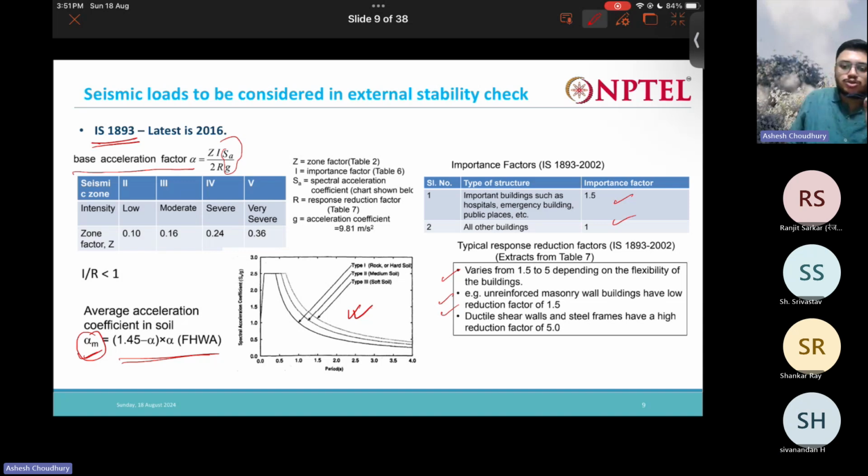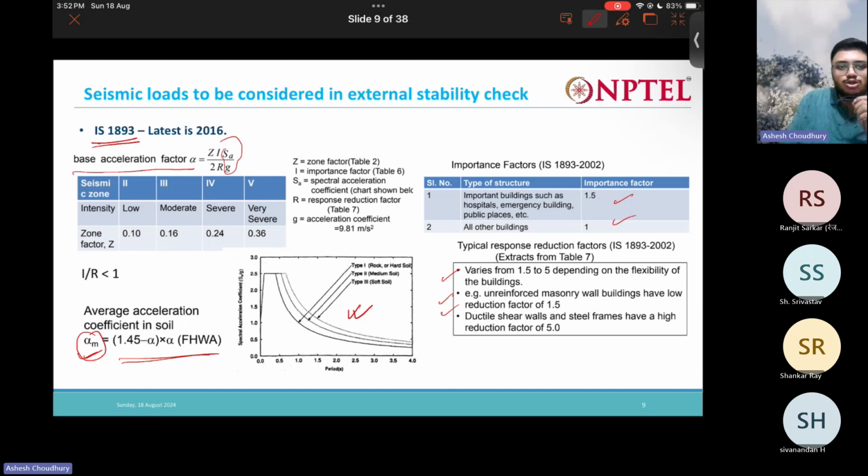In the next class, hopefully we will be solving some problems for design of reinforced earth walls. I'm not sure what is there in the next class. But if we solve, in this interactive session I won't consider these seismic loads. I will be solving some problems where I won't consider the seismic, but you solve the problems again by yourself by considering the seismic loads.